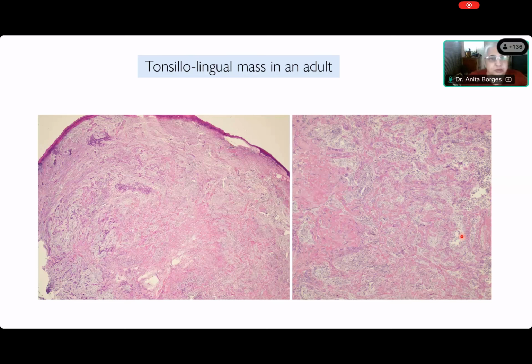Okay. Now, what do you see at low power now? Do you get some impression? I don't want you to tell me about the cells or anything. What should you be doing at low power? Whenever you look at low power, what kind of impression should you get, Somik? The pattern or the architecture? Yes, the architecture. Very good. So, in other words, it's a pattern. Now tell me, what is the pattern that you're seeing?